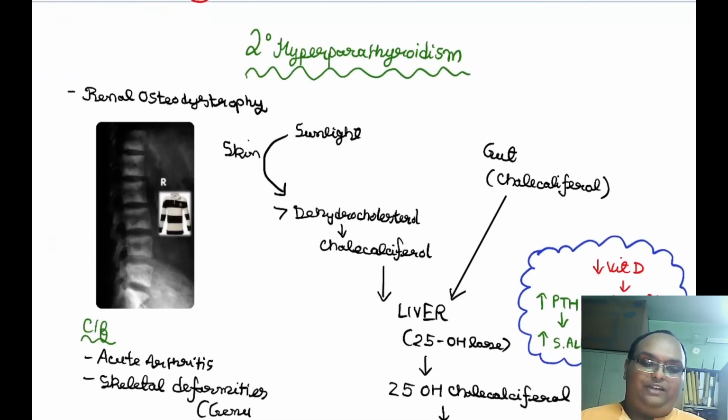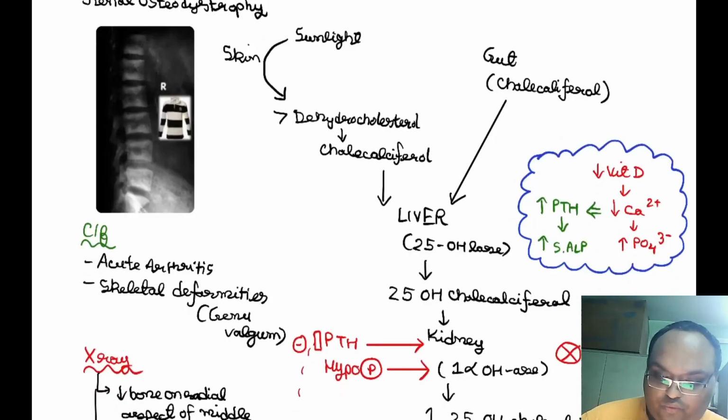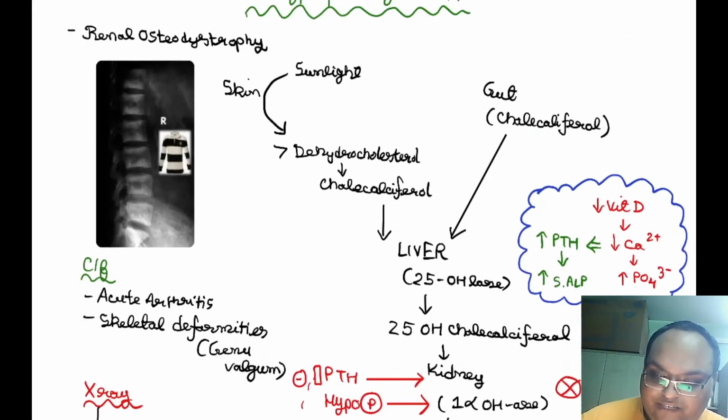What is secondary hyperparathyroidism? Secondary hyperparathyroidism means there is a jeopardy in the normal metabolism, physiology of your vitamin D, calcium, phosphorus, this entire axis of the body, which basically causes a rise in parathyroid hormone due to some jeopardy in the normal feedback mechanisms in the body. Let's just take you through the entire cycle. I think it will be easy for you.